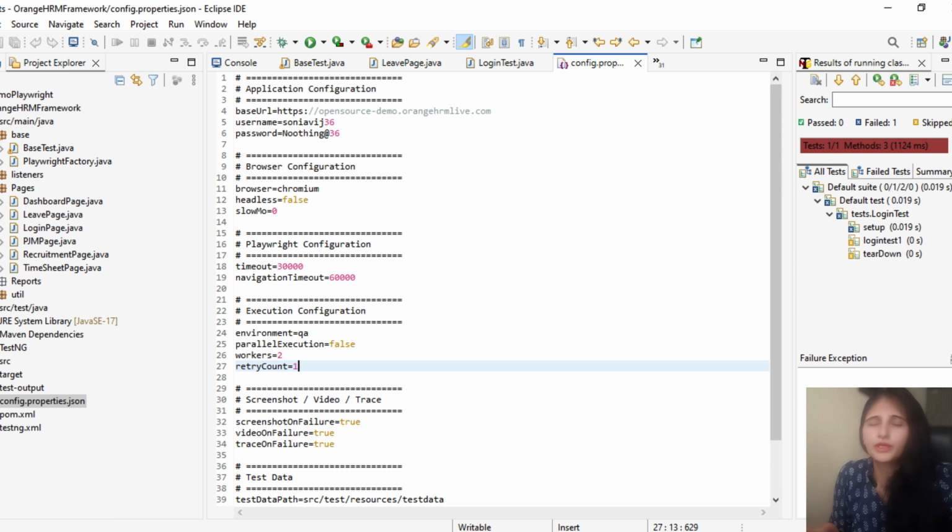Still hard coding URLs, username, browser name in your Playwright test? Stop right now. In this video, I will show you the config.property.json file which has a list of configurations, and